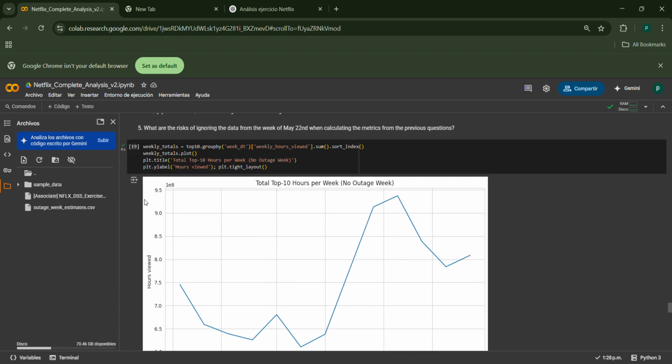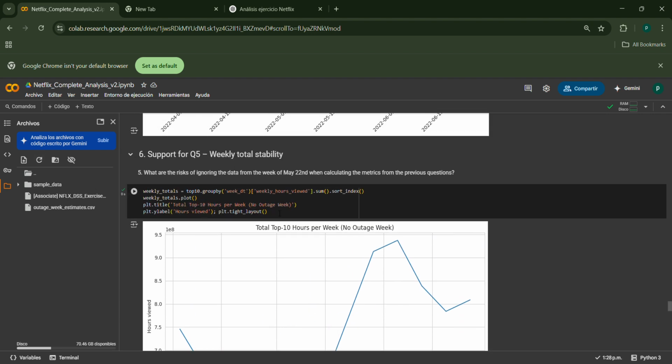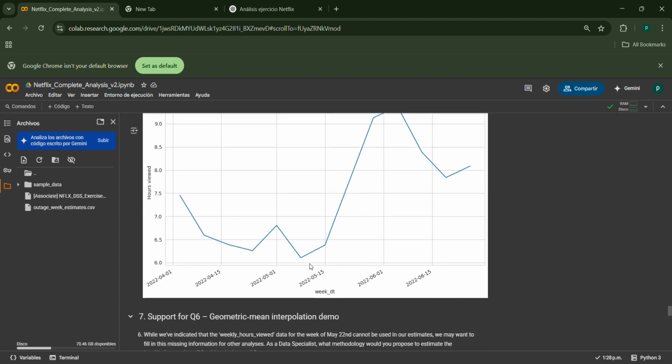For the weekly stability, what are the reasons for ignoring the data from the week of May 22nd? We know that value may be affecting other things, for example,